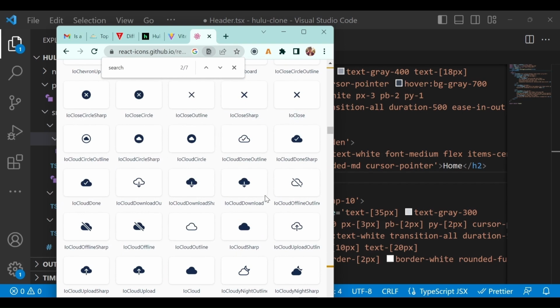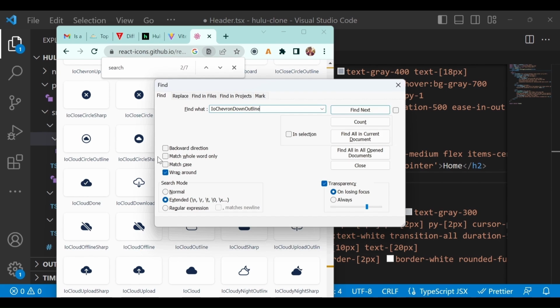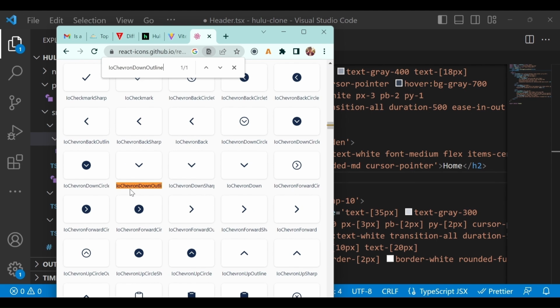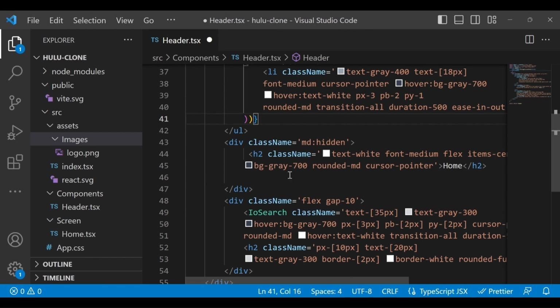It's hard to find. Let me search like this. Okay, this one, I see a down outline. So let's copy this one and paste it here.